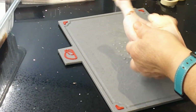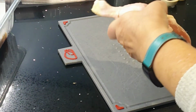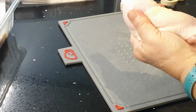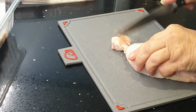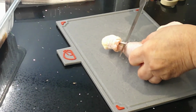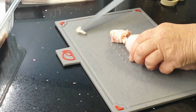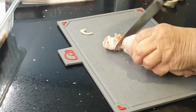all the way around the drumstick, and then we are going to clean. So go all the way around. You should be able to hear the knife against the bone, and then we're going to scrape up, and you can see there are some tendons here which we need to get rid of. So any tendons that you can see, just cut those through. Those are going to come out, and we're going to scrape up